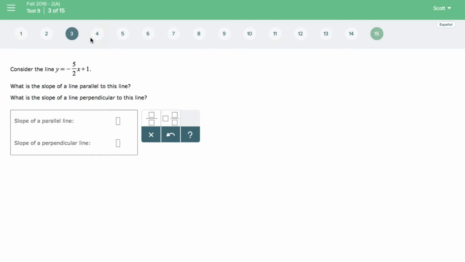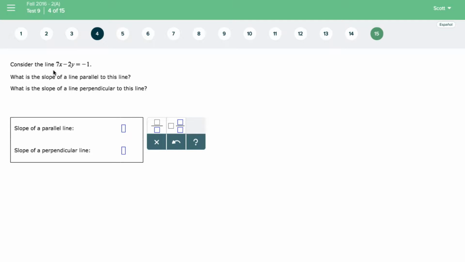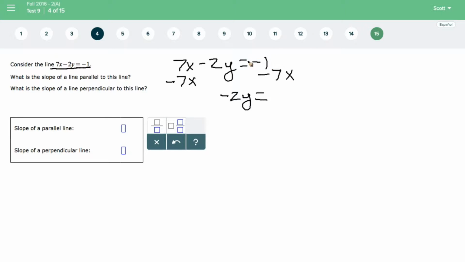Number 4. Number 4 is the same type of question, but we see it's in standard form. So to solve this, we just solve for y. We have 7x minus 2y equals negative 1. If we're solving for y, we always just start off by doing the opposite of x, negative 7x on both sides, giving us negative 2y equals, and these never combine. They always stay separate, and x always comes first. Negative 7x